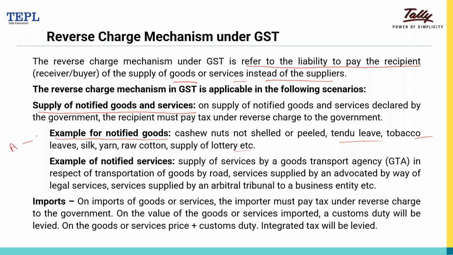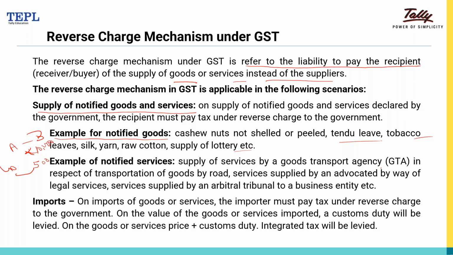Mr. A supplies to B, and the bill is 10,000. The tax amount is 500, so the total bill value is 10,500. But instead of 10,500, we need to pay A only 10,000, and this 500 we need to pay to the government under GST. These are the goods, but if you're talking about services,